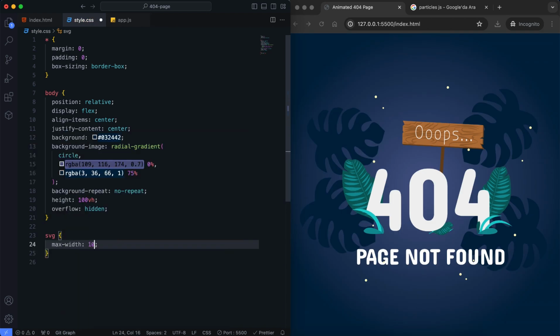For SVG, I ensure that it is responsive with max width and fits inside the container with some padding.